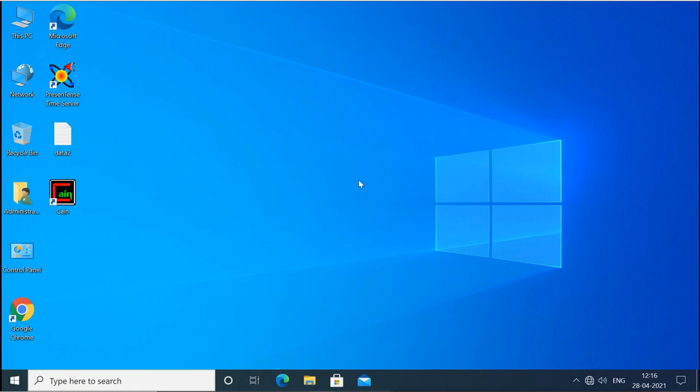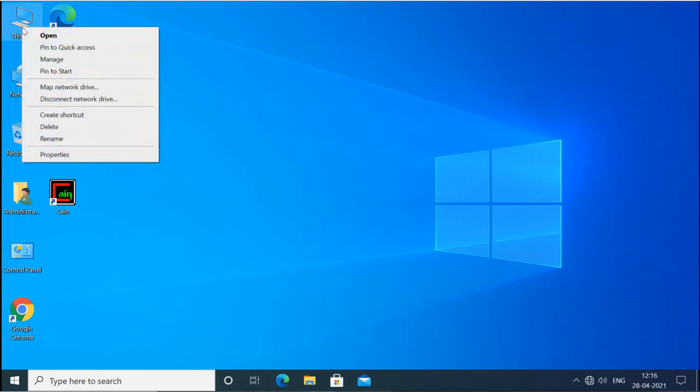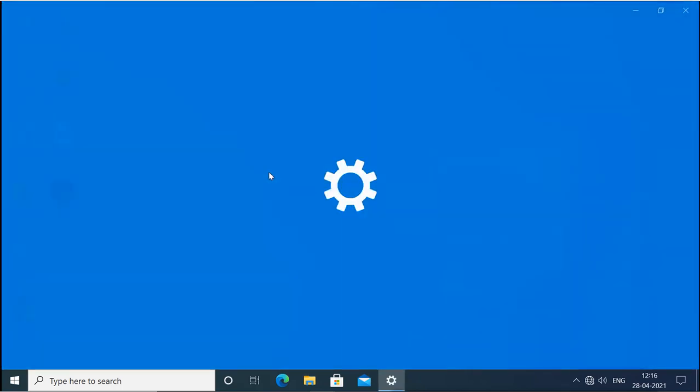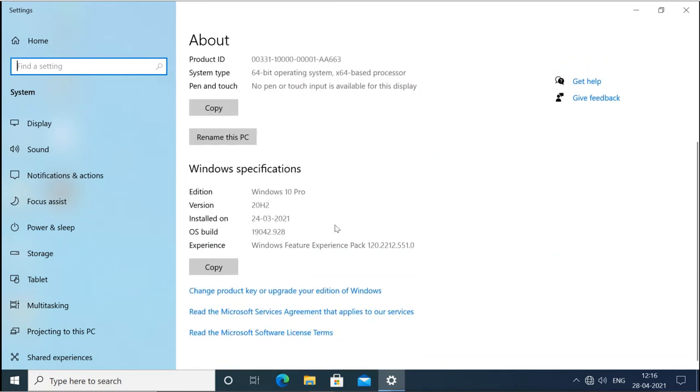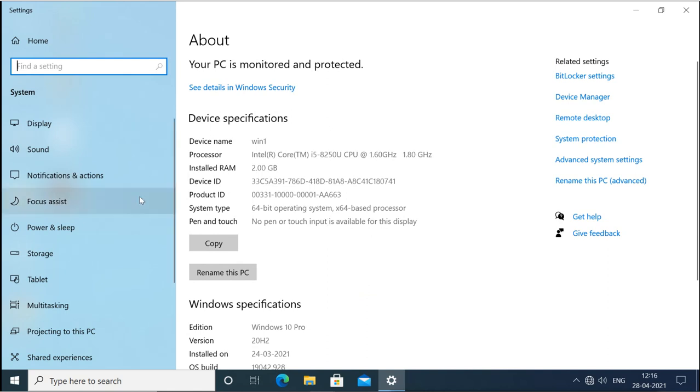Now to create a system restore point, we'll go to the properties of the system. We can right click on This PC and go to the properties. This is the system property, or let's start with the settings app.